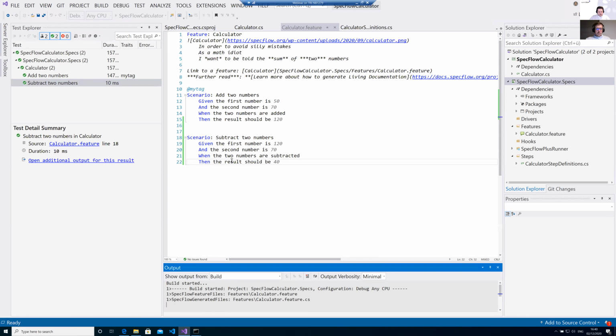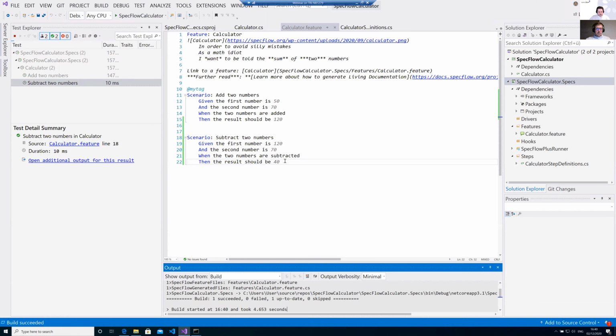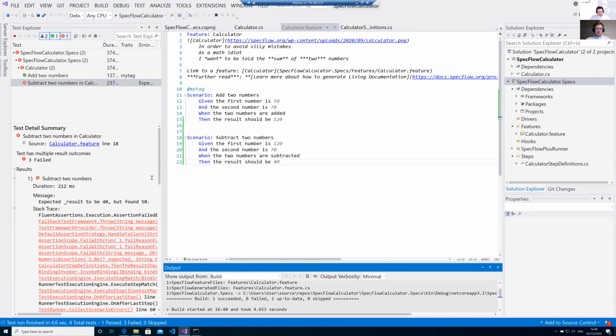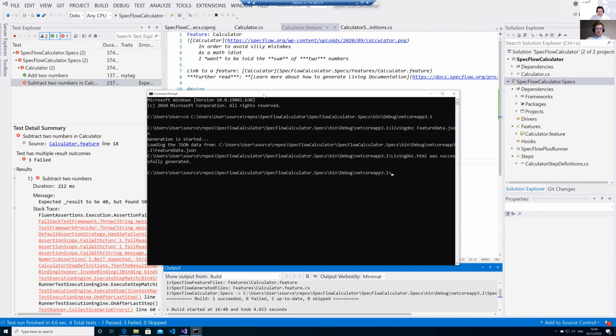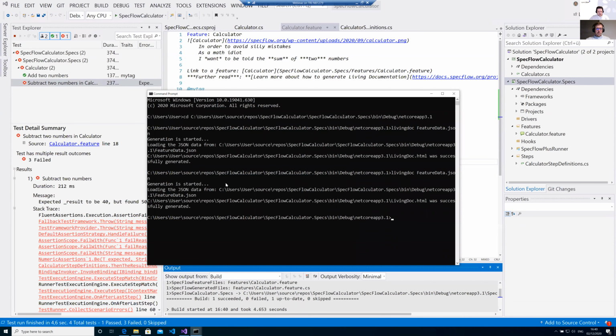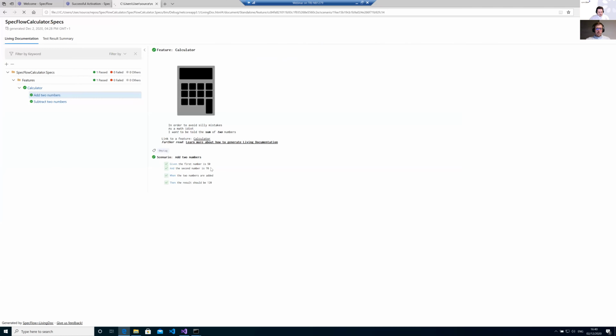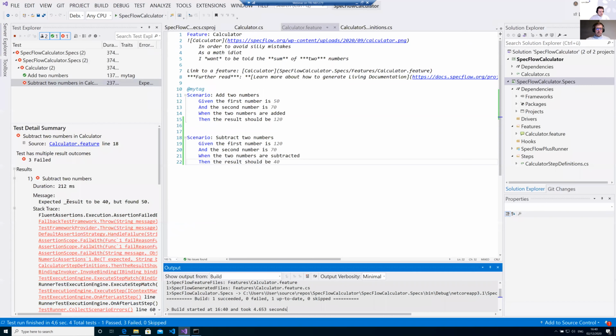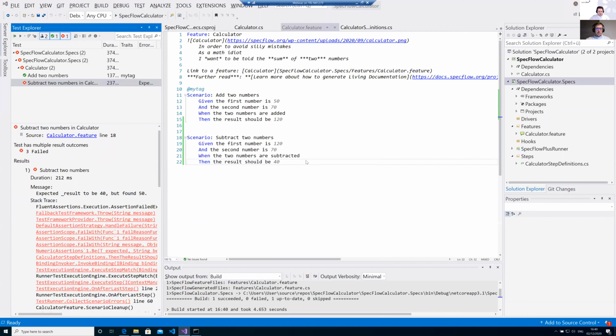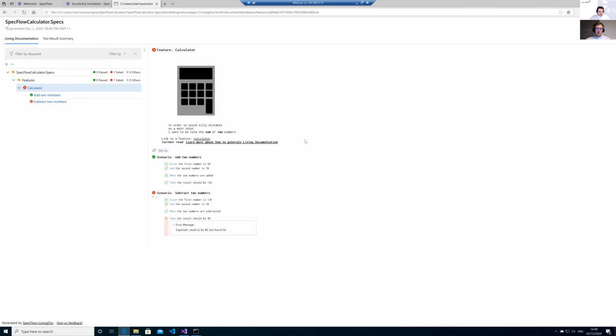You should see the error message where it fails in the Living Doc. Let's generate this again. And yeah, this is now failing, and you have the error message here that you also have here in Visual Studio. But screenshots, and what happened during the run, are not